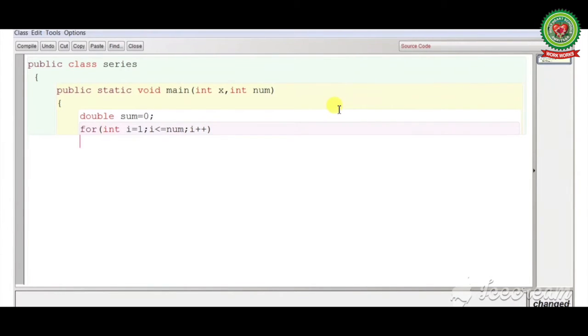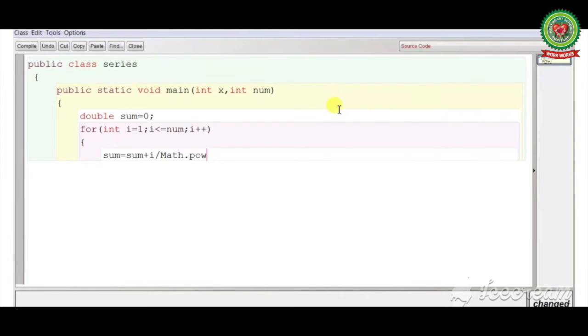Enter, curly bracket start. Now we'll write sum is equal to sum plus I upon math dot pow. So math is an inbuilt class and here we will use the power function of the math class.